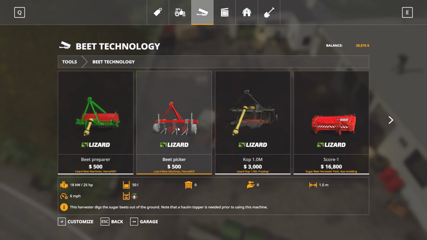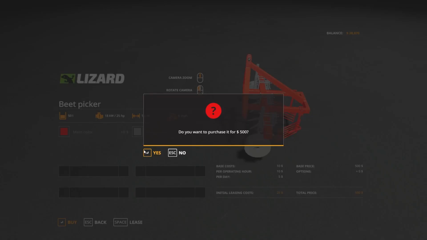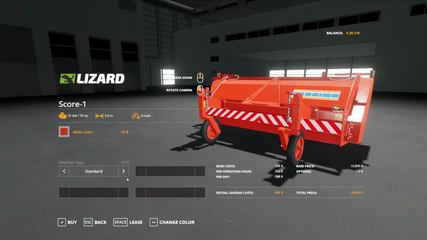Crazy. I mean, that's the harvester we're gonna use. So we're gonna grab that guy. We'll leave it red. That'll be fine. Buy that. And then maybe we just lease the halum topper. We're not gonna need 856. I mean, I guess. Eventually,